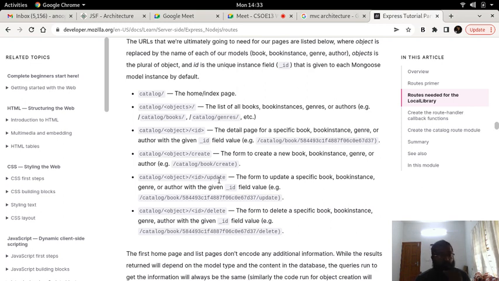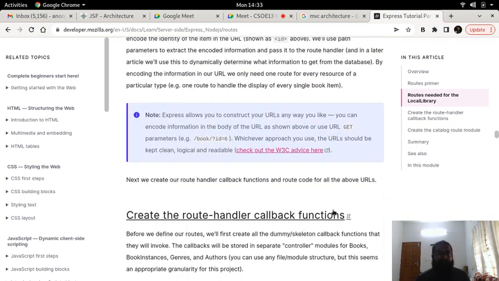If you go to Facebook, you will be able to see the user ID of a person, and what action it is going to perform based on the keywords in the URL. Then catalog object ID update, catalog object ID delete, so catalog book, then the ID of the book update, catalog book ID of the book delete, and things like that.